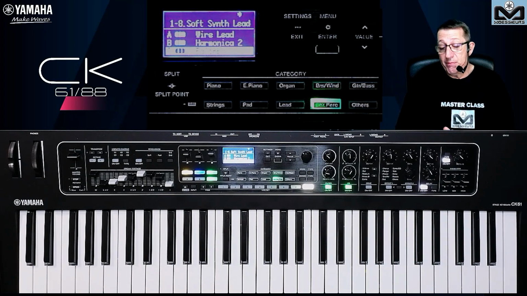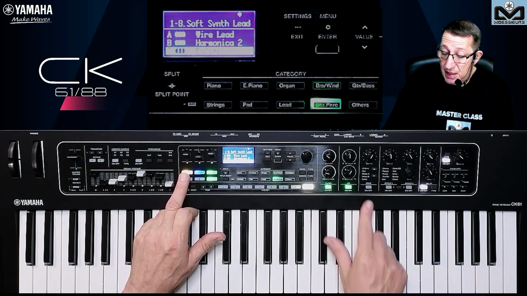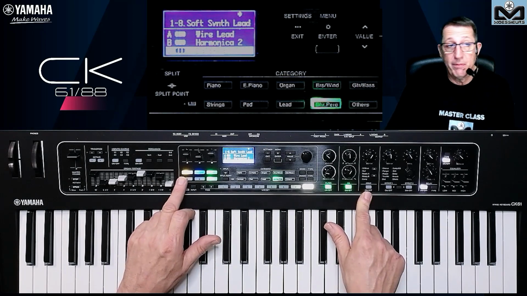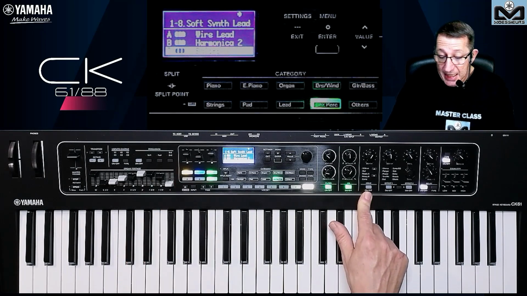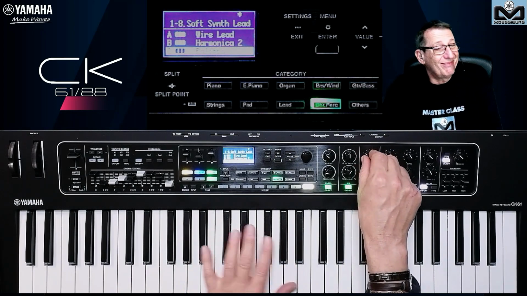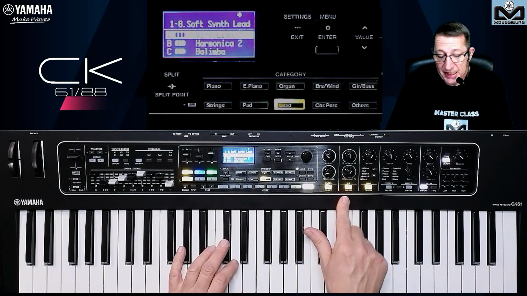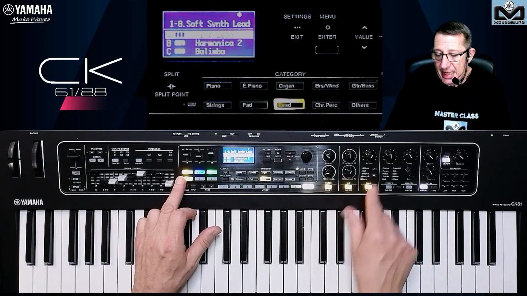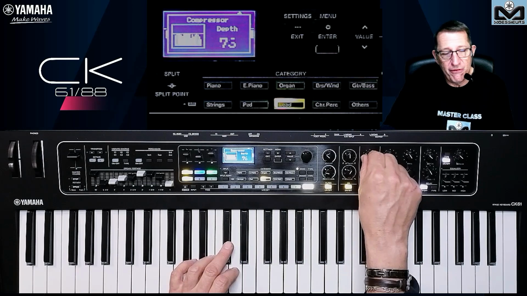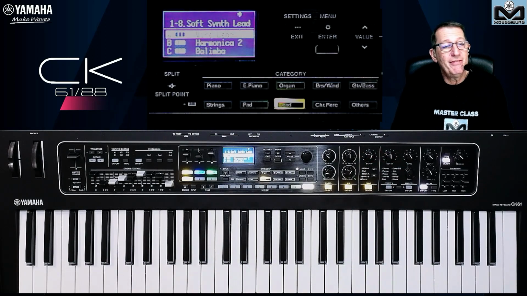So very important, because if I want to tweak something on the drive here for the part A, and I am here, and I do the thing in the parts and start playing, it doesn't change anything. The color helps you to know, yes, I am on the part A. I am sure that moving the drive for the part A will do something. So it's very, very, very important.